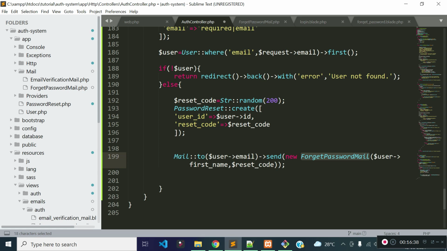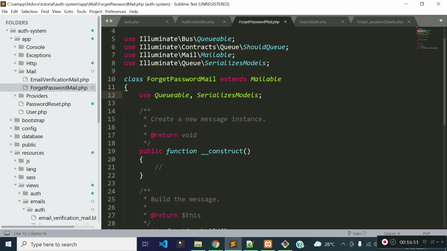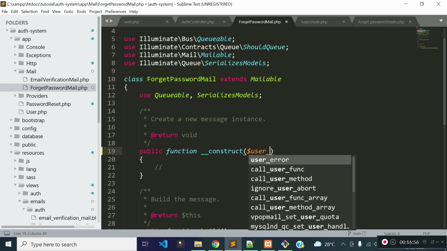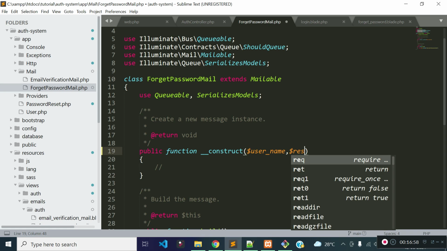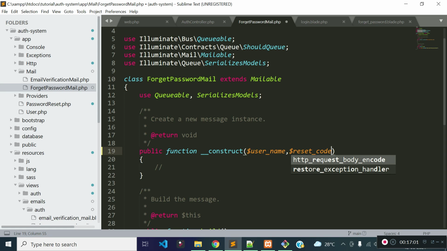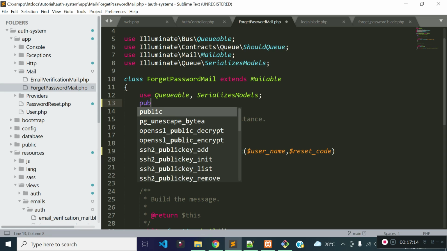Because I am passing these values during creating the instance of this class, I need to take these values in the constructor of this class, right? So I will take username and reset code in the constructor function, and after this I will assign these two values to public properties of this class.